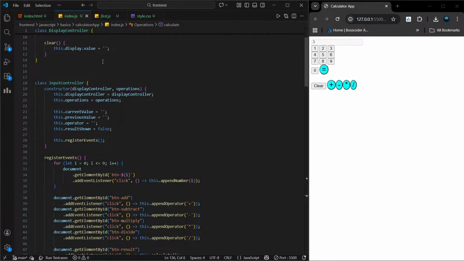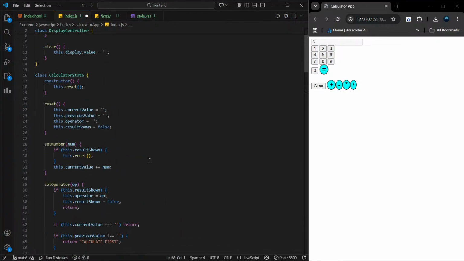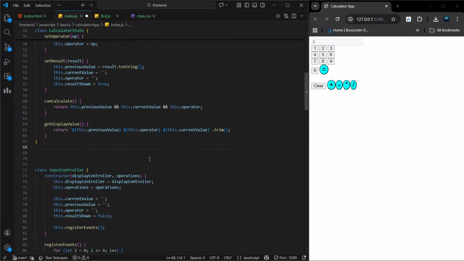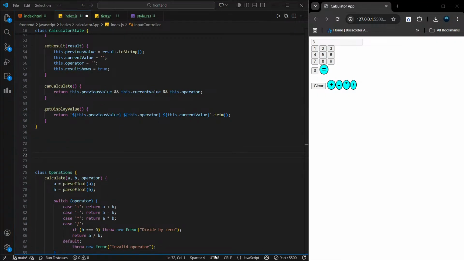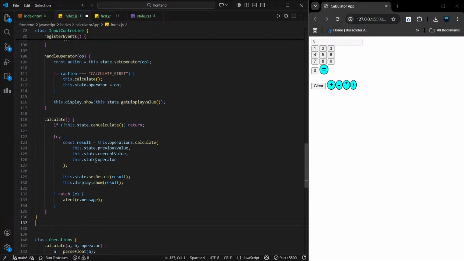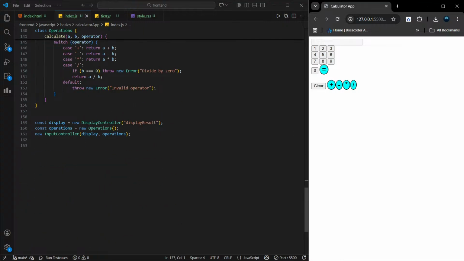सो कैलकुलेटर स्टेट क्लास इनपुट कंट्रोलर से हटके हो जाएगा। सो अभी कैलकुलेटर स्टेट एक क्लास हो गया, अभी इनपुट वाले को हटा देता हूँ। इनपुट में अभी सिर्फ इनपुट रहेंगे, तो वो बेटर रहेगा आई थिंक, वो सिर्फ इनपुट के लिए ही काम में आए तो बेटर रहेगा। सो लेट मी चेक दिस वन। ओके अभी तो मुझे फिर से वो अपडेट करना पड़ेगा। सो नाउ इनपुट कंट्रोलर, डिस्प्ले, ऑपरेशन, और अभी मुझे एक और क्लास बनाना है बेसिकली